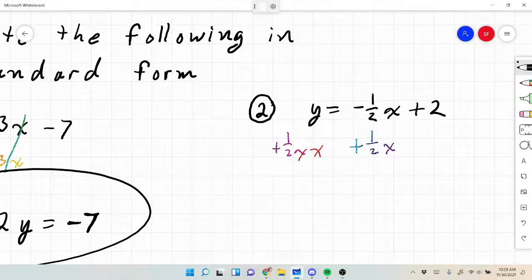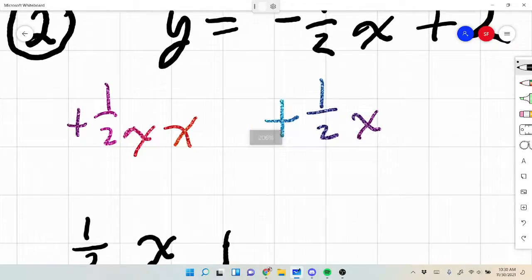Right. So we end up with 1/2 x. Wait, it's a negative 1/2 x, isn't it? No, because we added it. Because negative 1/2 plus 1/2 equals what? Oh, it equals 0, right? Look. No. Because